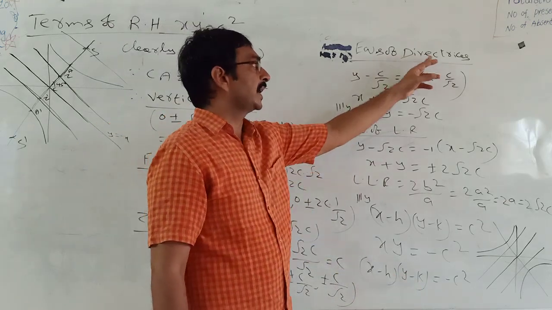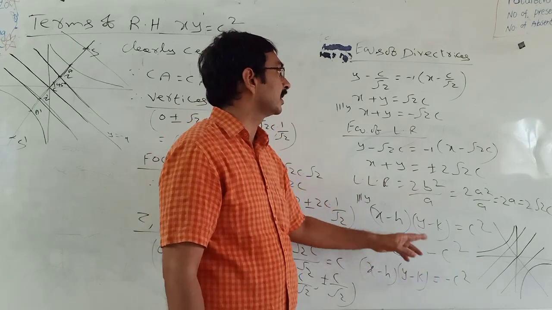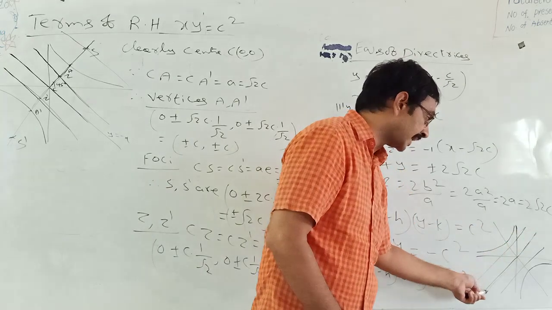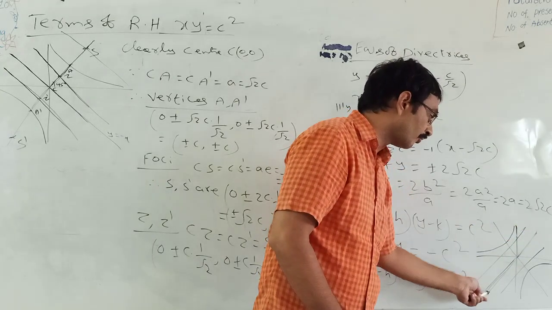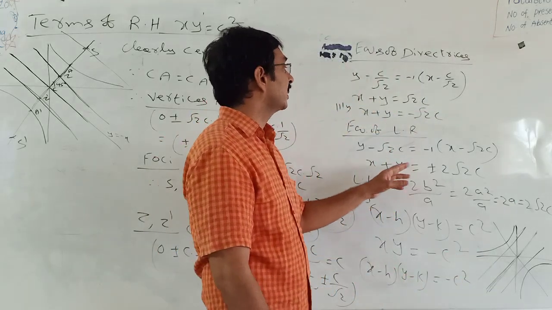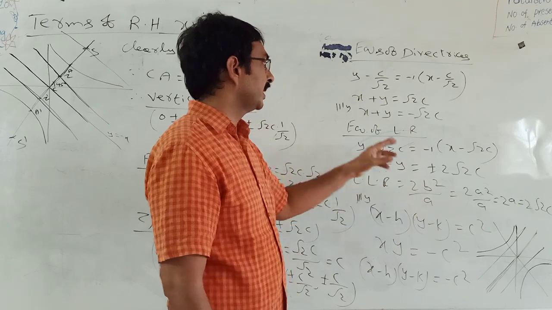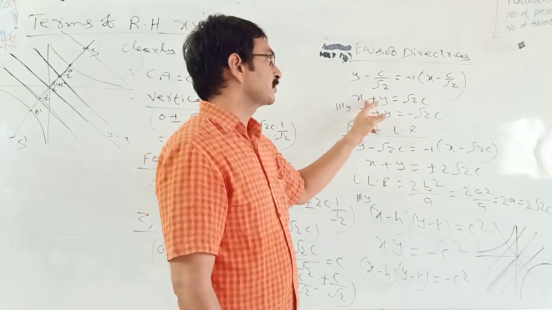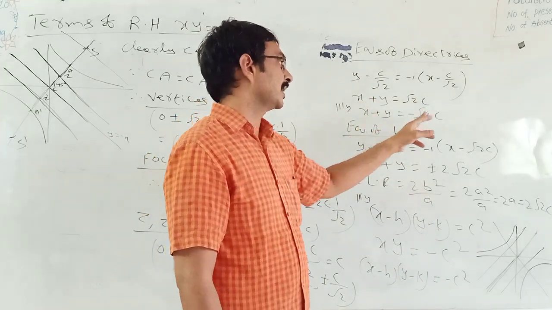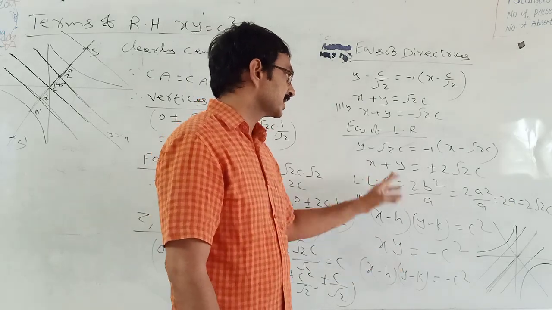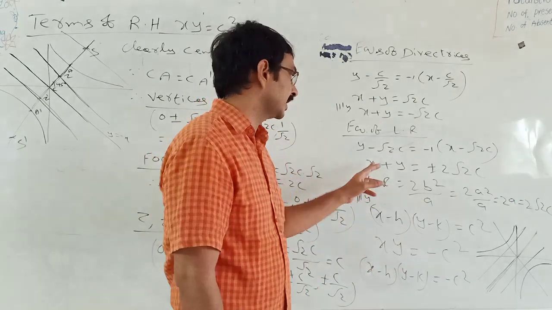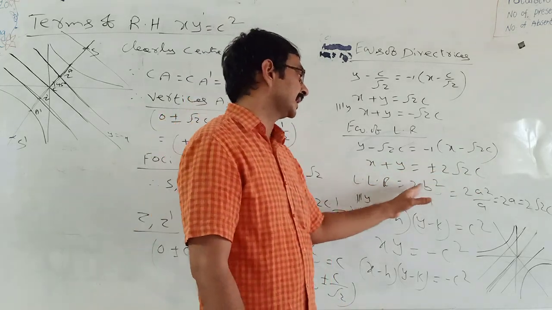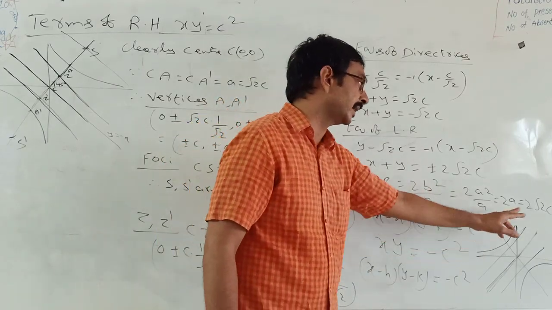See the equations of the directrices of xy = −c². Here the directrices are parallel to the line y = x, whose slope is 1. Therefore, the equations of the directrices of xy = −c² are x − y = √2 c and x − y = −√2 c. Similarly, the equations of the latus rectum of xy = −c² are x − y = ±2√2 c. No change in the length of the latus rectum in these four cases. Same formula, that is 2√2 c.